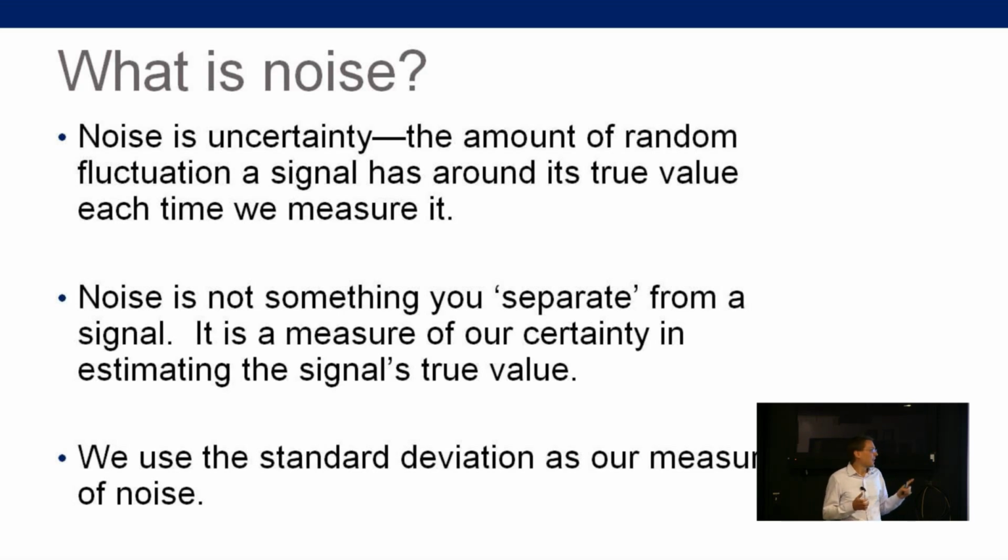Now, the main reason to talk about that is that when you first read some of these things, you see these examples, and you think, well, just cut out the noise, right? Trim out the noise part of this. When you do these calculations, if the signal's this much and the noise is this much, just trim it out. But it's not something that you can trim out. It's an inherent part of the measurement, right? It's a level of certainty. So what we measure noise with, the yardstick for it, the unit that we talk about, is a